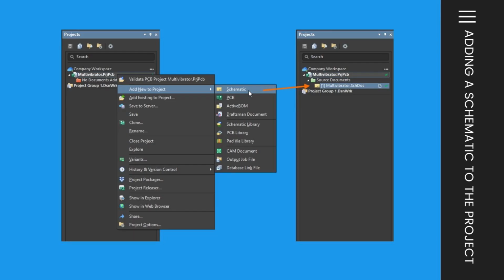Adding a schematic to the project. The next step is to add a new schematic sheet to the project. When adding a schematic, right-click on the project file name in the Projects panel, then select Add New to Project, then Schematic. As shown on the image, a blank schematic sheet named sheet1.schdoc will open in the design space, and an entry for the schematic will appear linked to the project in the Projects panel under the Source Documents folder